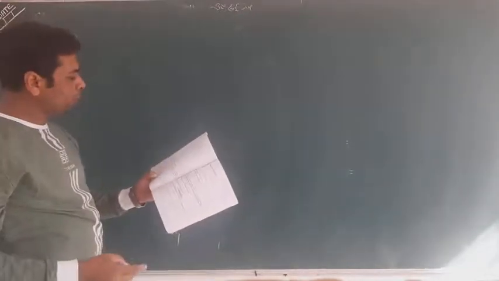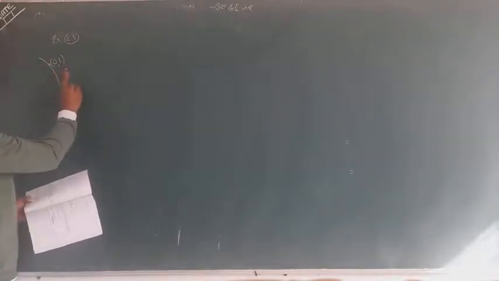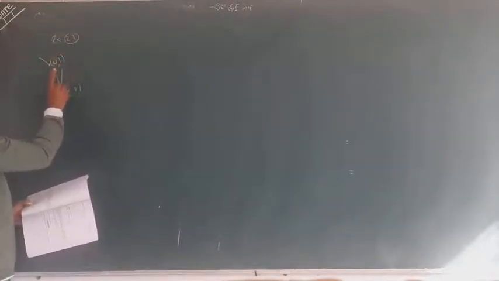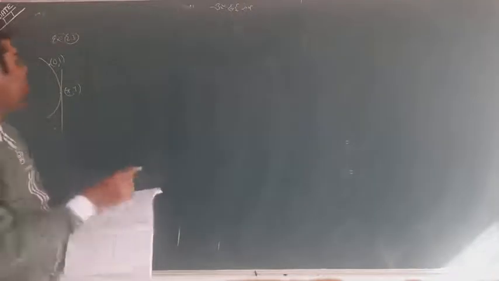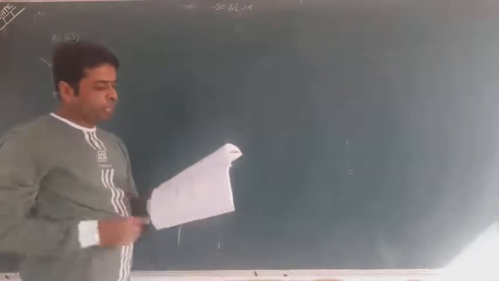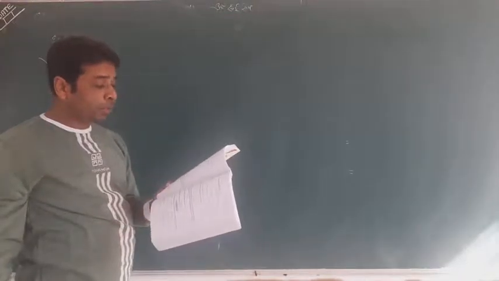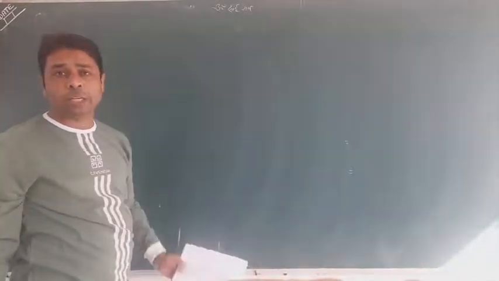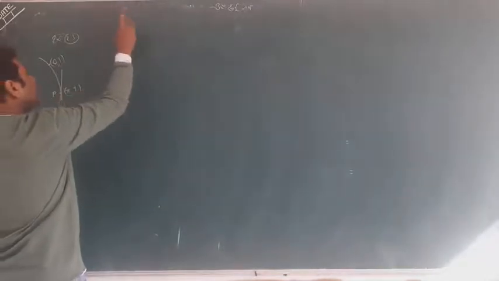If the slope of the tangent at the point (x, y)... you remember the terminology. This is a tangent, it is a point P, and the slope of the tangent, called dy by dx, is equal to the sum of the x coordinate and the product of the x and y coordinates. Very easy. So I would write here something, according to the question.